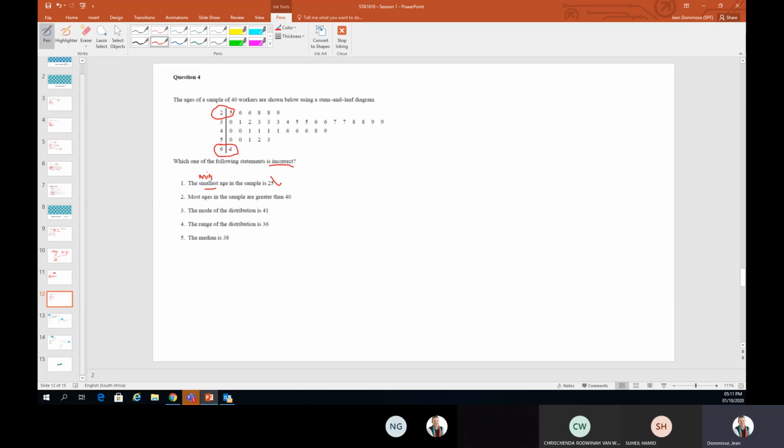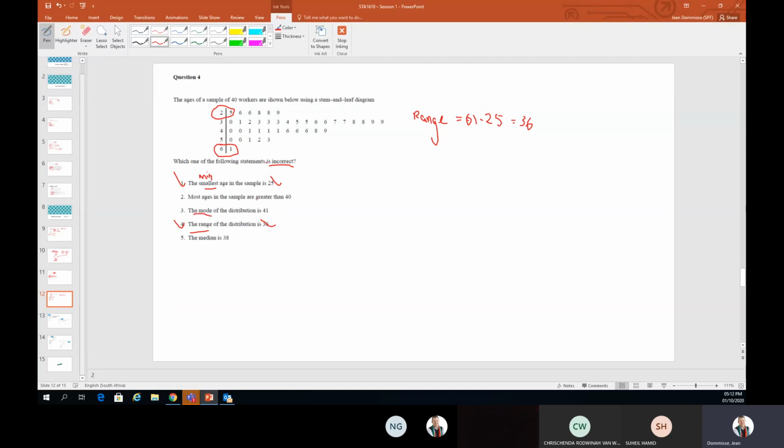What is my range? My range is the maximum minus the minimum. So that will be the 61 minus 25, which is 36, I think. So let's look, range of a distribution 36. Okay, so again, correct. So option 1 is correct, option 4 is correct. We're sitting with 3 other ones that we still need to figure out. So I first want to look at the mode and then the median before we tackle that one.